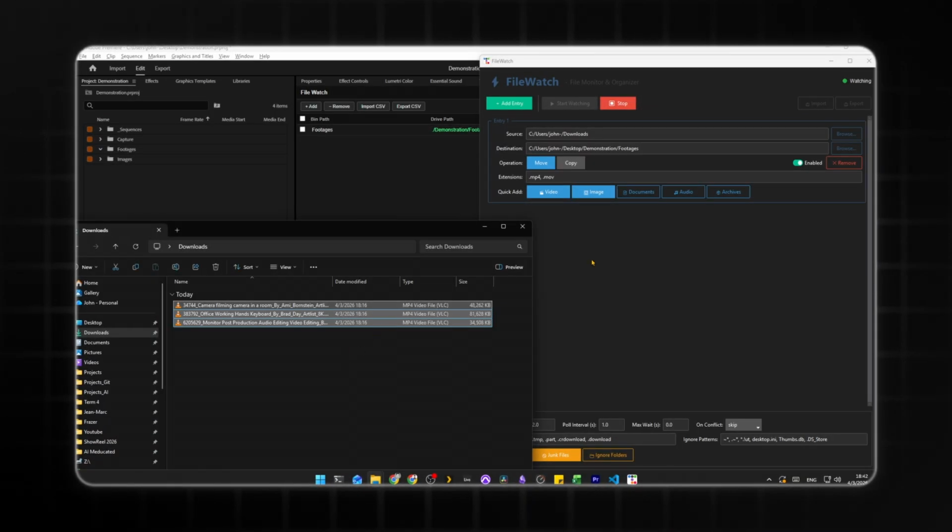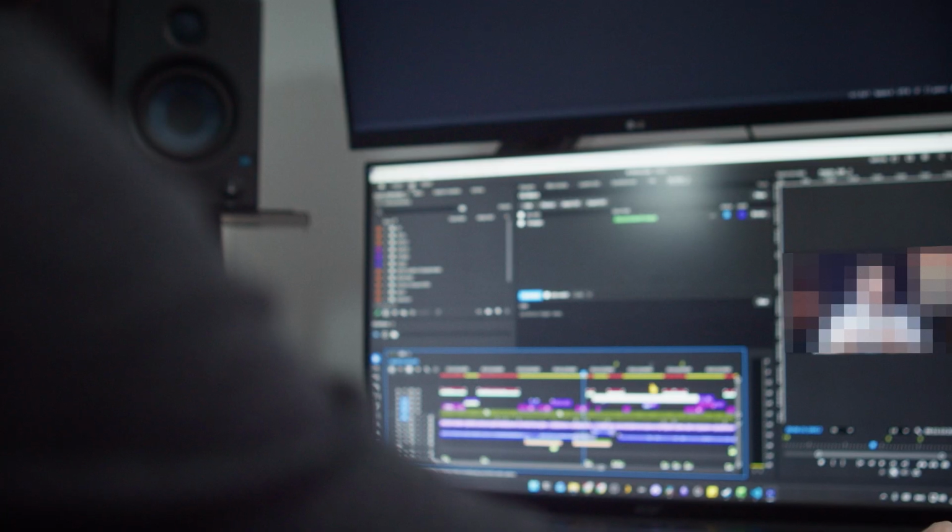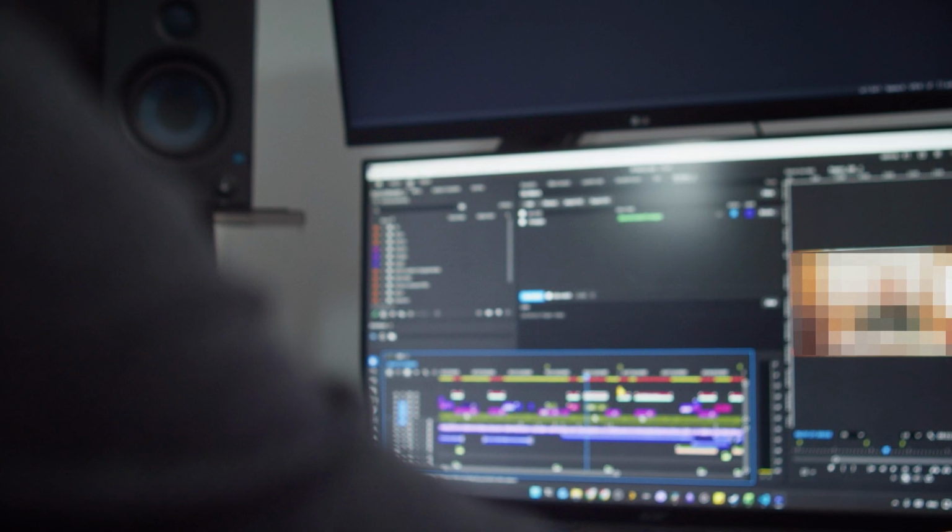So now the workflow is that whenever I download new footage, it will automatically appear in Premiere in no time. I think with this system implemented, I sped up my process of editing B-rolls by at least 1 hour or 1.5 hours. The next tool I created using Claude is something rather fancy that's not really necessary, but I find it kind of cool.